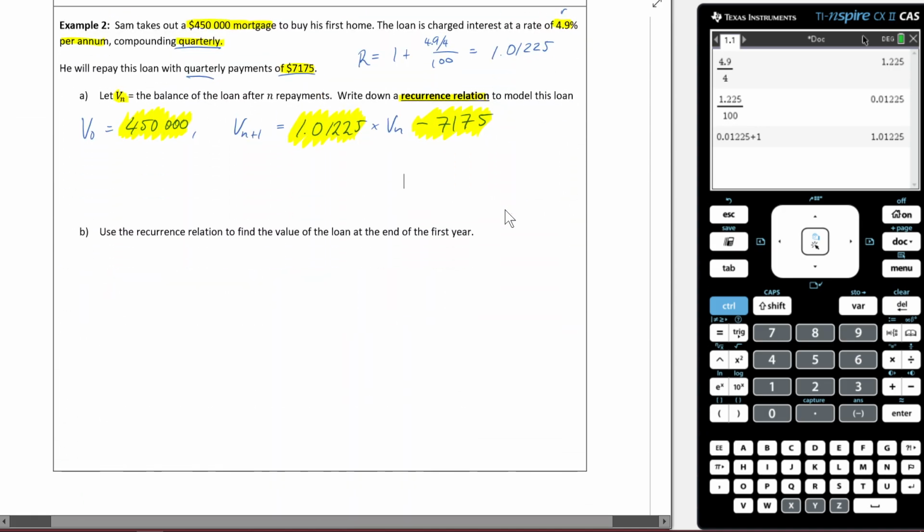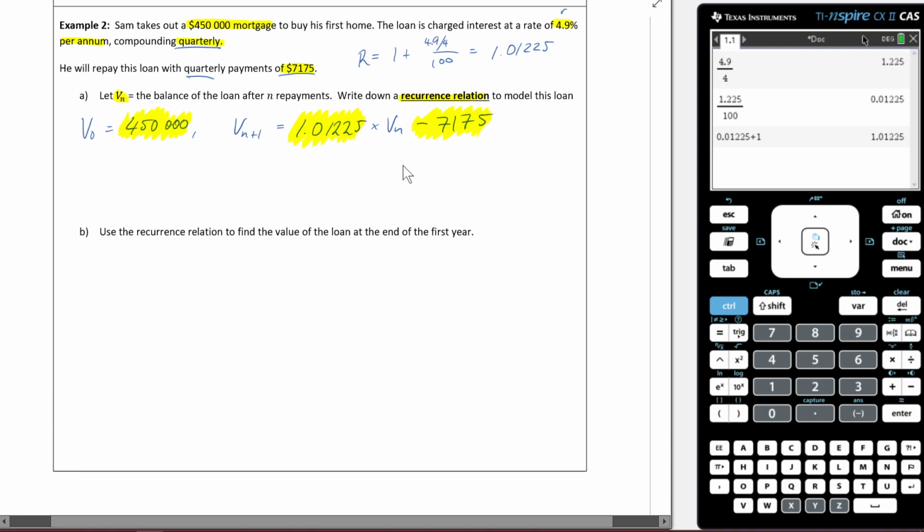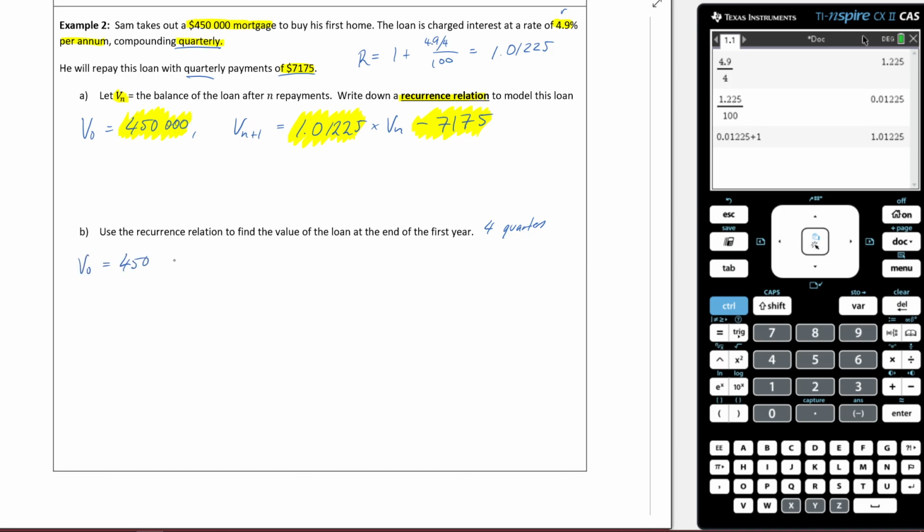Okay, we have now done the first part, so we've created our recursion relation. And this says we need to use the recursion relation to find the value of the loan at the end of the first year. Okay, this is where we need to be careful. If it's at the end of the first year, it's going to be 4 quarters, isn't it? Because each year is made up of 4 quarters. So we start with V of 0. V of 0 is simply going to be 450,000. Then V of 1 is equal to